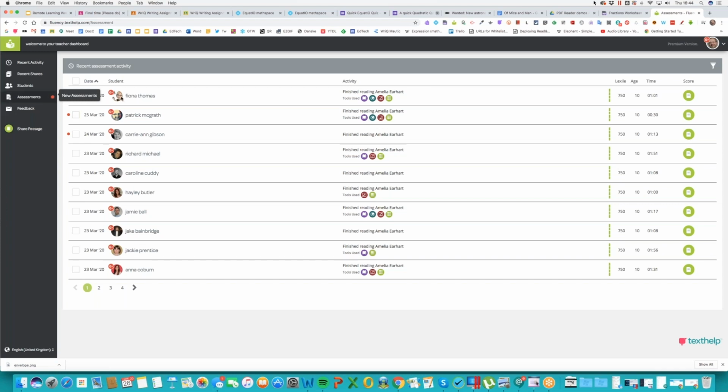So for example, here is Fiona in my class. Fiona has used the dictionary, the picture dictionary. I can see what words she's used to look up, and she's also used the vocabulary list. I can see here that I'm ready to score Fiona's piece of work. Okay, I could just listen to it here also as well. So if I want to hear Fiona,